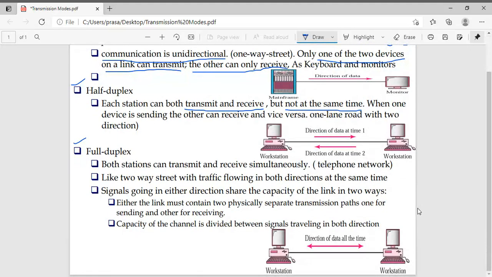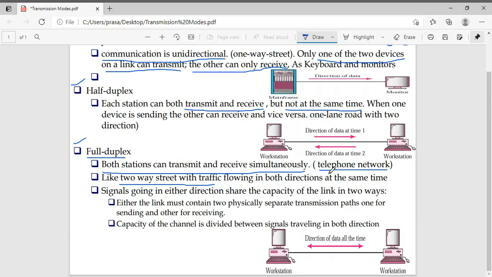And the very last one, full duplex. Full duplex is meant for transmitting the data and receiving the data simultaneously. That is, both the works are going to be done simultaneously. If we take support of a telephone network or a mobile phone network, then it comes under the category of full duplex. If we want to take a general example, a two-way street with traffic on both sides is going to be considered as full duplex.